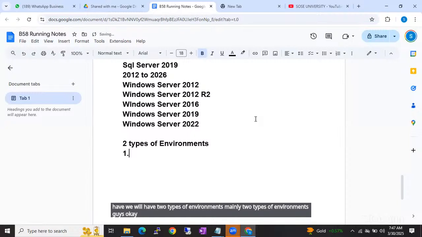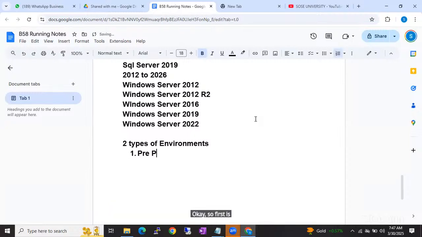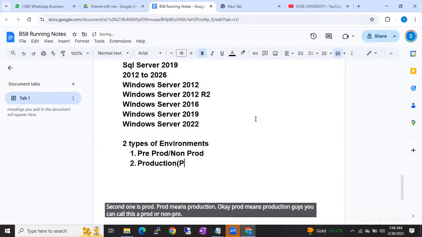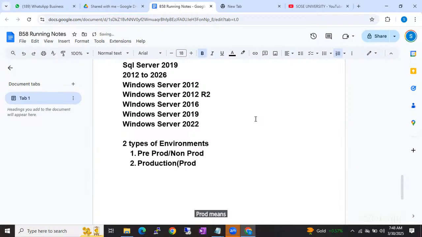First is pre-prod or non-prod. Second one is prod. Prod means production, guys. We can call it prod or non-prod. Prod we'll simply call prod. Pre-prod or non-prod means